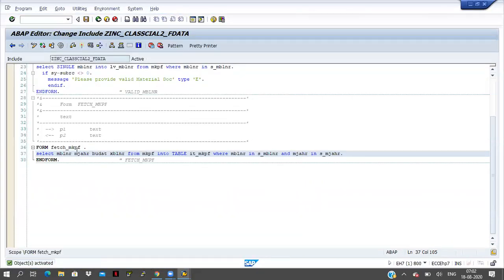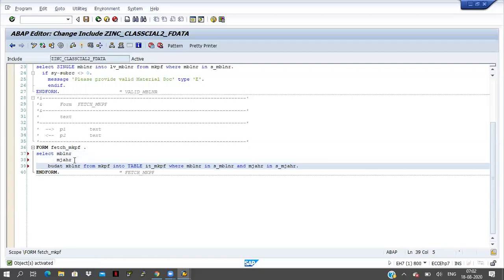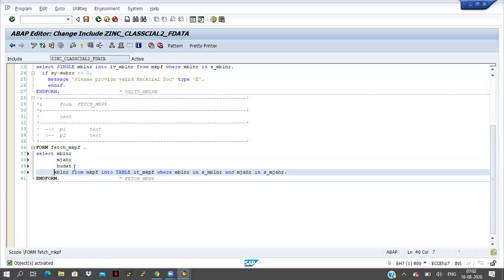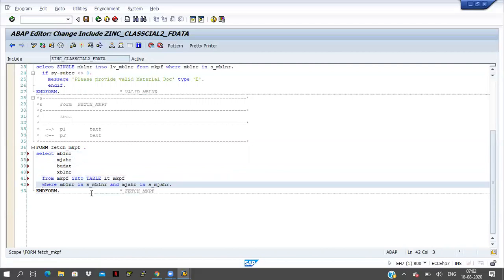Okay, now if you want to do this one in one order, then you have to do it like this. Otherwise you can keep it in the same line, but for better practice you have to do it like this only. You have to keep the code in one alignment. If I do all these things it will be late, so time will be wasted. That's why I will go directly. That's it.